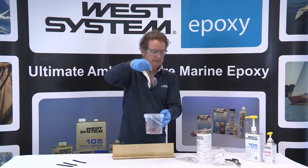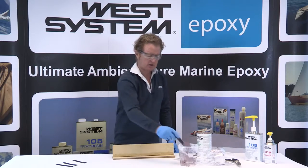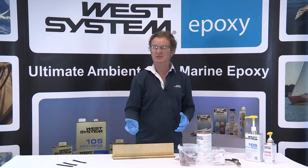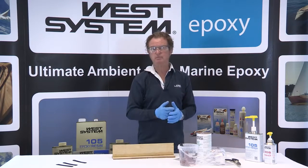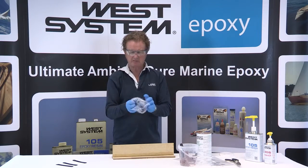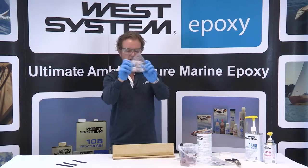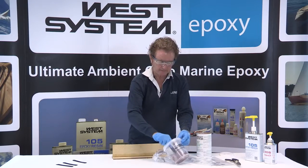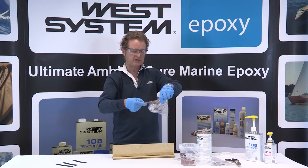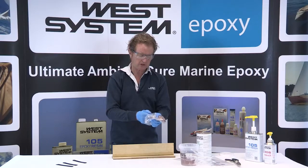Now, I could of course just slap this in place and tidy it up afterwards, but what I wanted to illustrate here was best practice for doing this very, very easily and very, very professionally. And the way to do that is just simply to take a plastic bag, a nice sturdy plastic bag, and roll it up into a cone like this. Get your filler on your mixing stick, place it right inside the bag, right at the very corner of the bag, draw the mixing stick away,